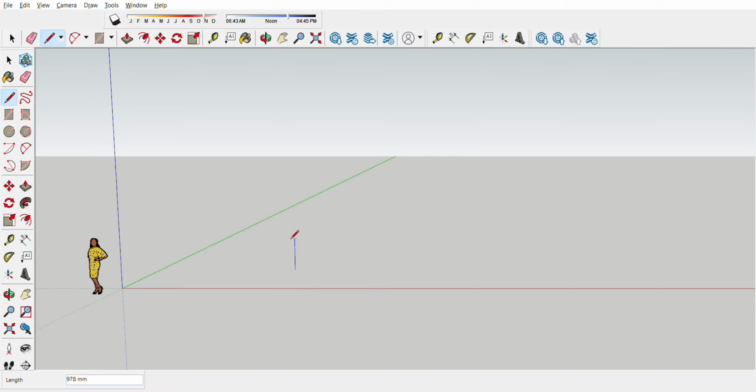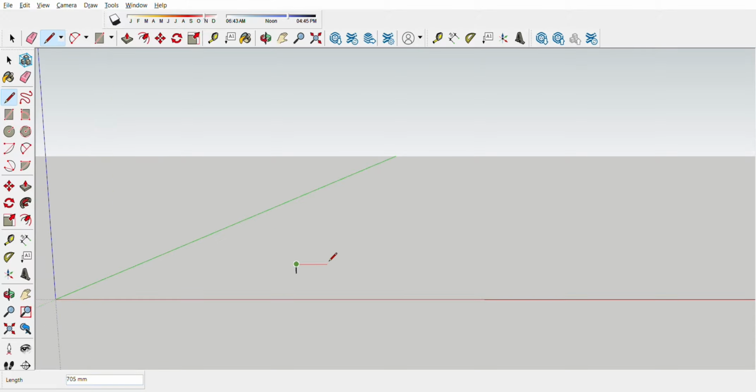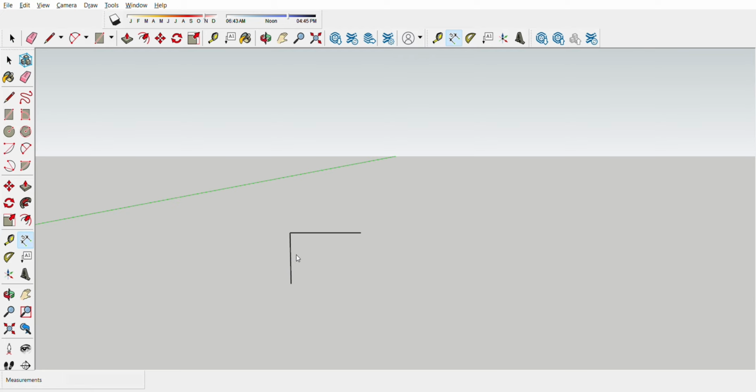Here we need to understand that the rise is 200 mm, which some are using as the maximum, and the run is usually 11 inches, that is 280 mm. So this one we will check dimensions. This is 200, this is 280. So this is the rise and this is the run.